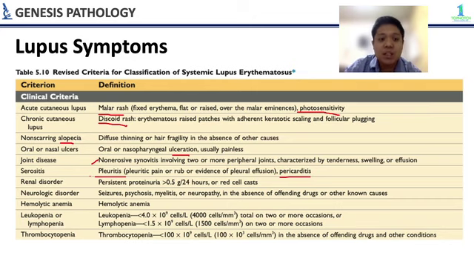They also have renal disorders such as persistent proteinuria leading to lupus nephritis. So neurologic disorders naman, sometimes seizures, they complain of psychosis, nawawalan sila ng memory, ganun-ganon, neuropathies, in the absence of offending drugs or other known causes. And then they also have a big hematologic component. So, nagkakaroon sila ng hemolytic anemia, thrombocytopenia, leukopenia, and lymphopenia.